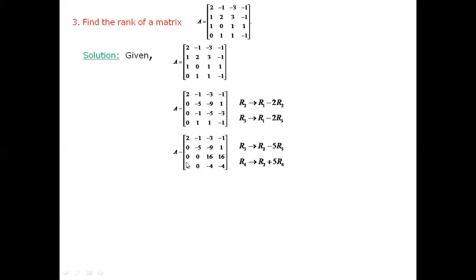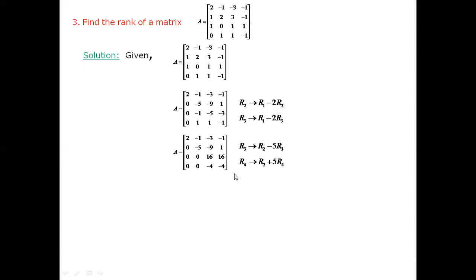Now the third step. In the third step, you concentrate on the third row. The leading entry of the third row is the third element. For the first row, the first element; for the second row, the second element; for the third row, the third element. This is the leading entry and it should be non-zero. It is satisfied, we have 16. According to the procedure, the element below this leading entry, -4, should become 0 by using this R3 only.